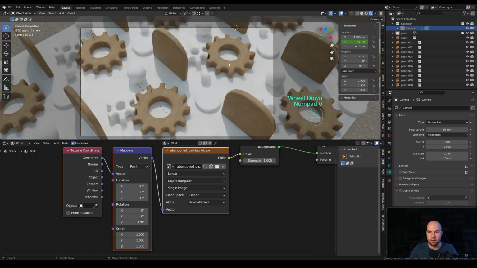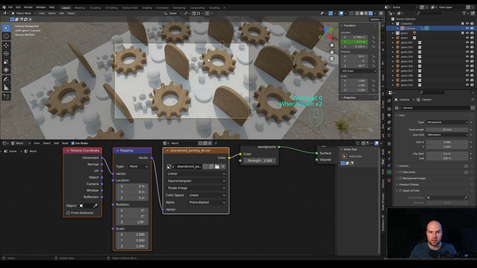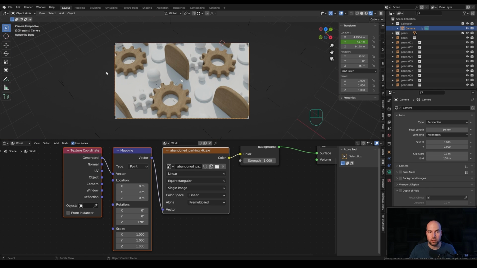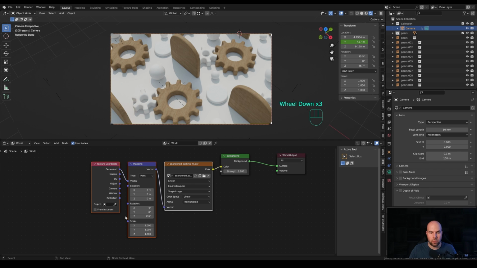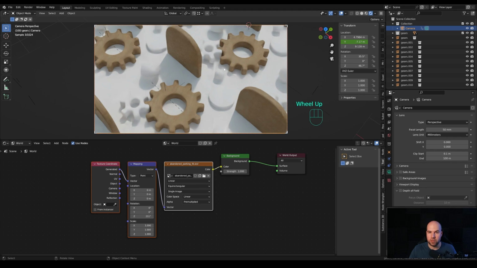And now I will hit 0 on the numpad to have the camera view active, and hold Ctrl B and just limit our render view to the camera bounds, so we don't need to render everything else and we have a little better performance in the viewport. So yeah, let me just play with this HDRI. I think something like this might work. And now let's add some more materials.